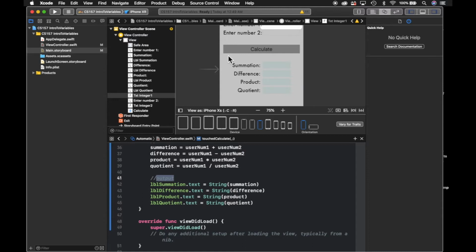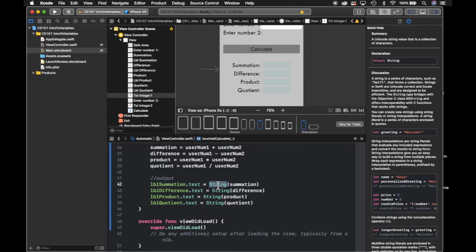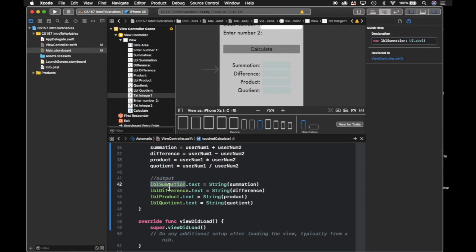So these are views, and we place the information to these labels, but I have to take these numbers, convert them into a string, or cast these as strings, and then we assign that to the text property of any of these given labels. Okay, so we're finished with this. Let me save my work,